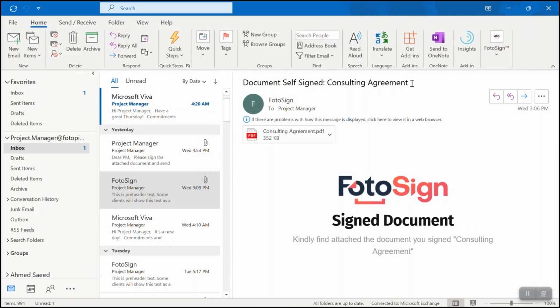With FotoSign, you'll keep up with the speed of the business world and keep your documents secure, offering you a better customer experience in the office or